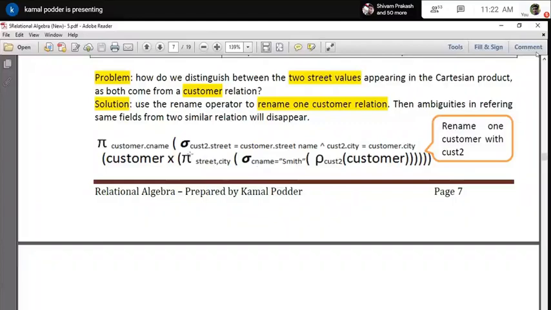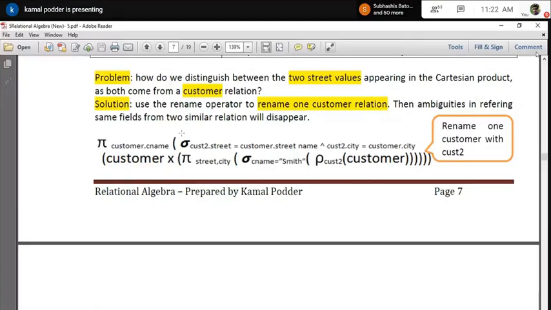From this particular relation, if you want to access the street and city, you can access it with the help of this alias, because any attribute can be accessed with relation name dot attribute. So here I can use cust2, not the customer, and then I do the Cartesian product, and while selecting, on one side I refer to the city with the help of customer, and on this part the city with the help of cust2.